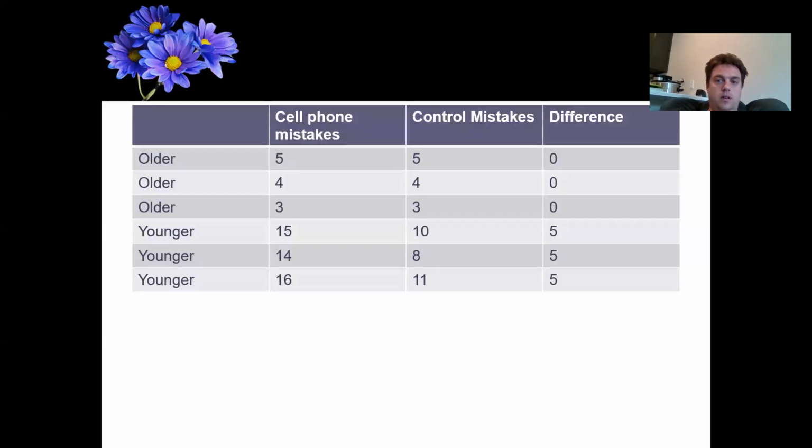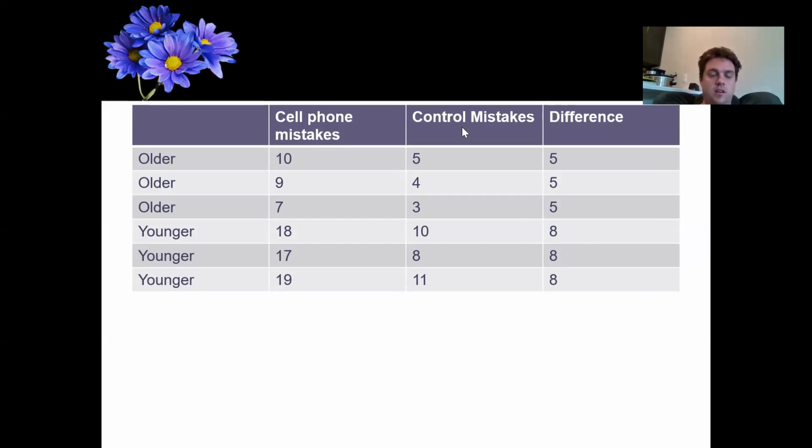One more example, you might get differences in the size of the effect. This is all like interactions, which I'm not sure if we talk about, but it's good to mention it. You might find that it's a slightly bigger effect for, say, younger adults than older adults, maybe because younger adults like their cell phones more. That also is probably okay. Because yes, it's a bigger effect for younger adults, as you can see here, than older adults, but the difference is still there, and the bottom line of you make many more mistakes with a cell phone doesn't really change. The central takeaway is the same.